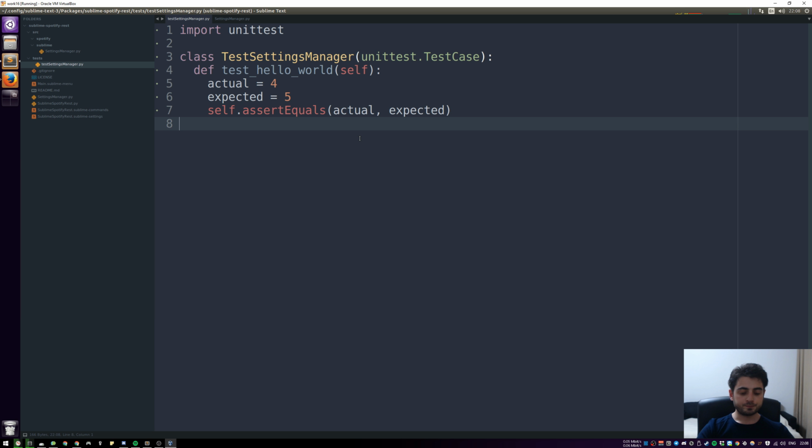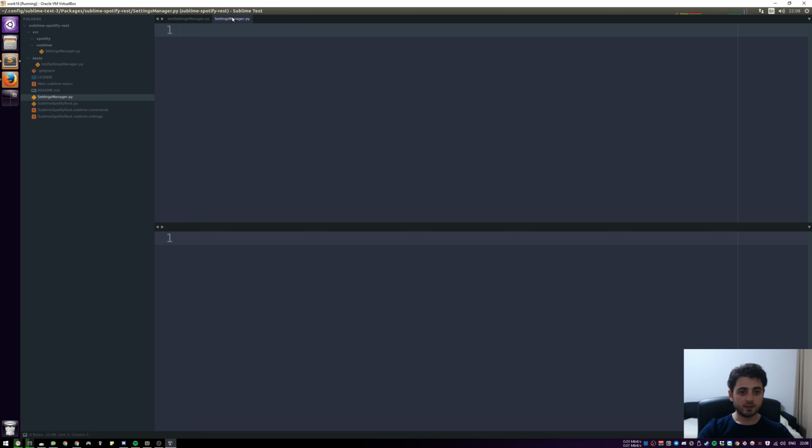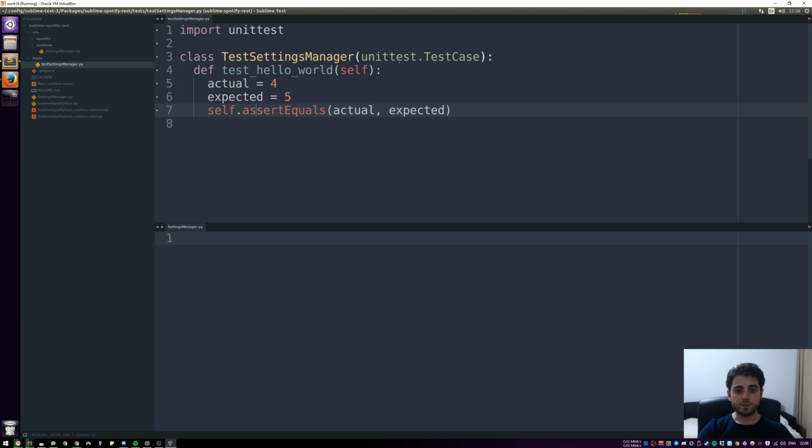And actually, let's put it down. Where is it? There we go. Settings manager. Okay, so over here, our settings file in general will have 5 keys in total, and today we're going to implement only 2 of them. The first one is the polling interval. Remember, our plugin is basically a loop that every once in a while, which is the interval, by default, let's say, 5 seconds,